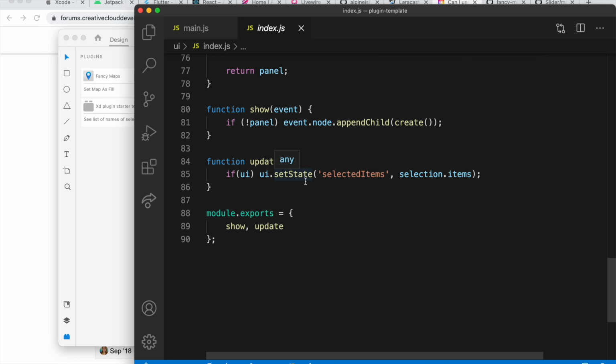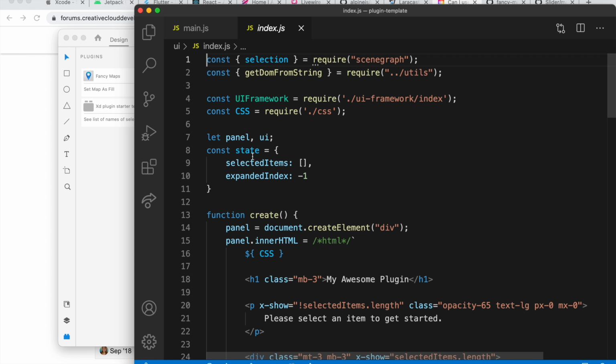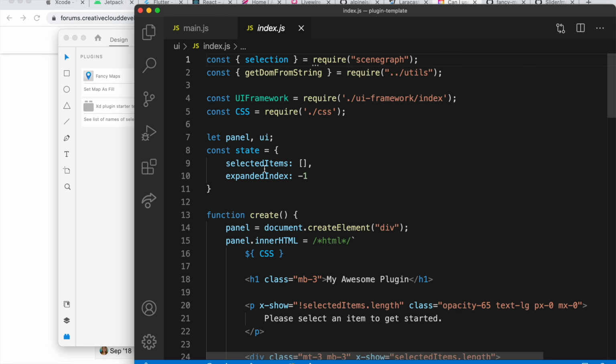Now you'll notice something is different here. It says UI.setState instead of maybe doing some manual document selector thing. The state here starts off with an array of selected items. Selected items is something you would interact with most times. The example is set up to use it, but this can be anything. You could be tracking anything, and again, like I said, you don't really need to go this route. I'm just showing this to you in case you're curious and you'd like to go in this direction. So it starts off with an array of selected items, which is empty by default, and then when the